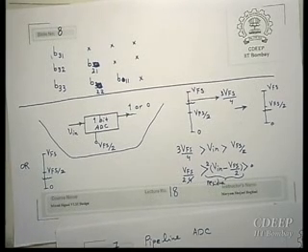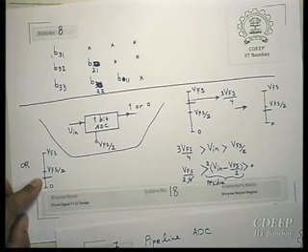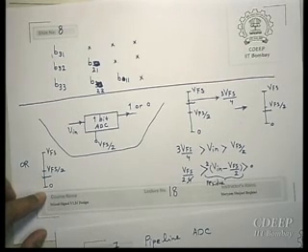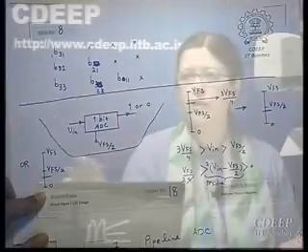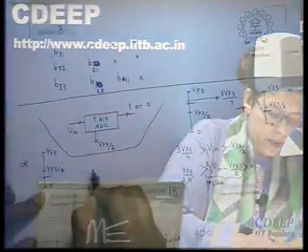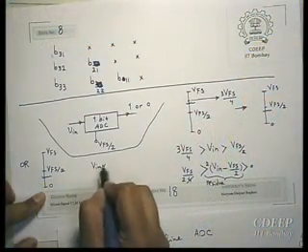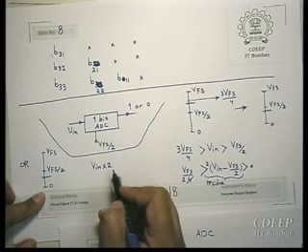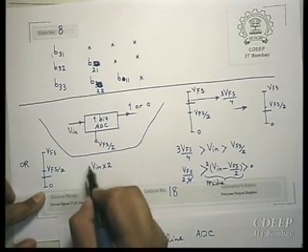Because the closest level which is smaller than your signal is 0, you make V in minus 0, which is V in. Therefore your residue will be the same as V in. Now you multiply your V in by 2. V in was less than V full scale by 2, therefore 2 V in